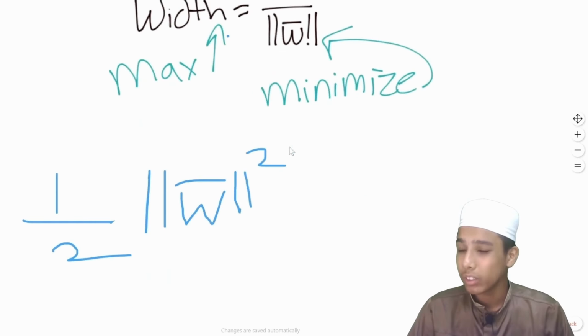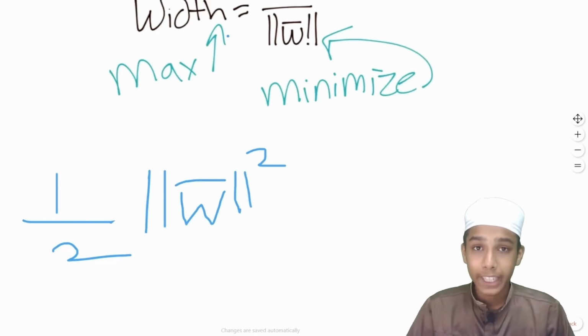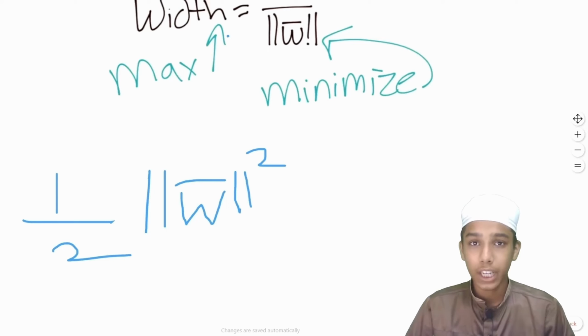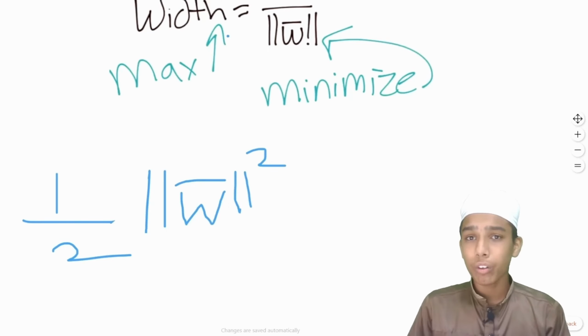Because guys, what I want to do is I want to half this, okay? So guys, this is not 1 by 2, this is 1 half of the magnitude of the vector W. So guys, this concept is a little bit confusing, but if you understand it properly, then it's going to be pretty much easy. Now, so guys, what you want to do is you want to minimize the one half